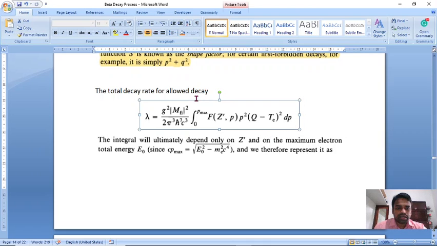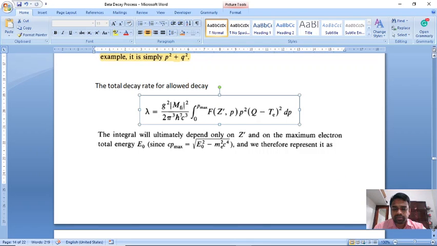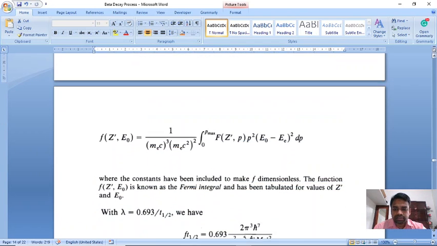The integral will ultimately depend only on z prime and on the maximum electron total energy E0, since cp maximum equal to square root of E0 square minus me square c power 4, and we therefore represent it as